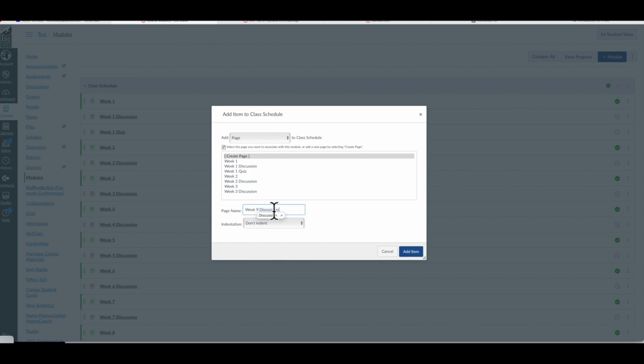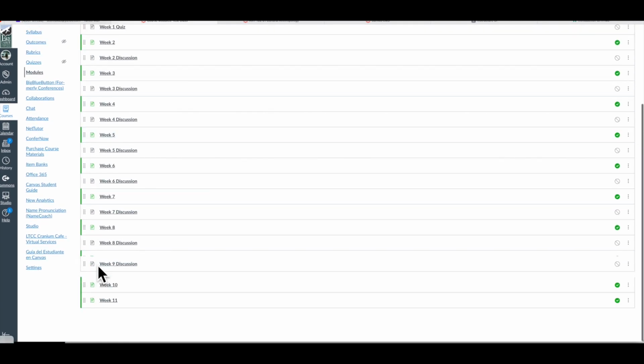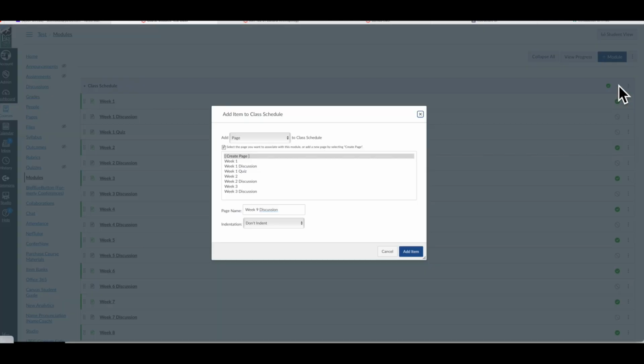If you accept the suggestion right there, just hit space, at least on a Mac, and it changes the misspelled word to discussion. And then it's right here, week 9 discussion. Again, I want to do these in succession. I want to keep adding these because all I have to do right here is click my cursor position,